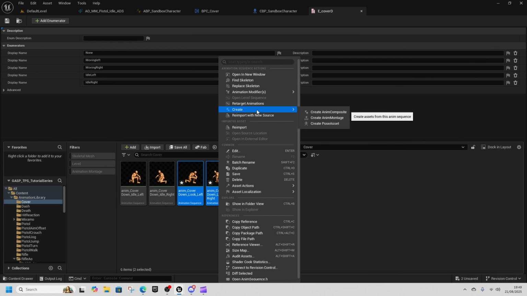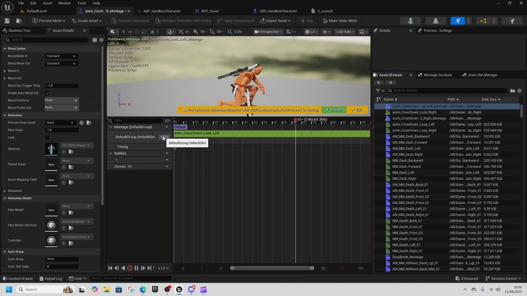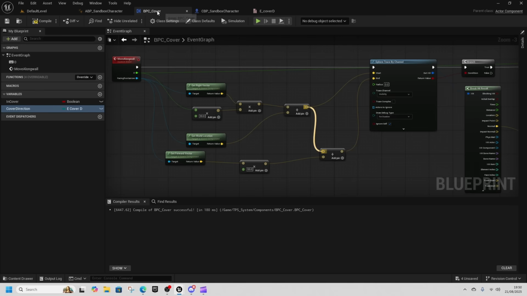I'm going to right click and create anim montages. These two are going to be montages. I'm going to open those up and make sure they're on the default slot, and they are. That's beautiful. And then back in BPC cover,